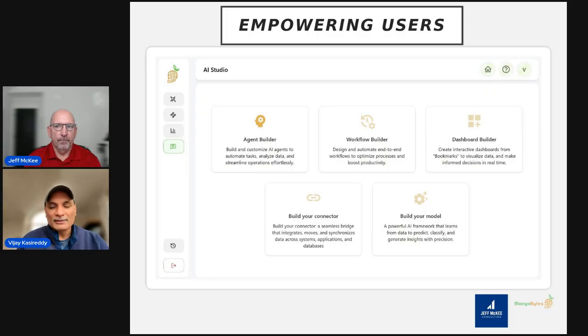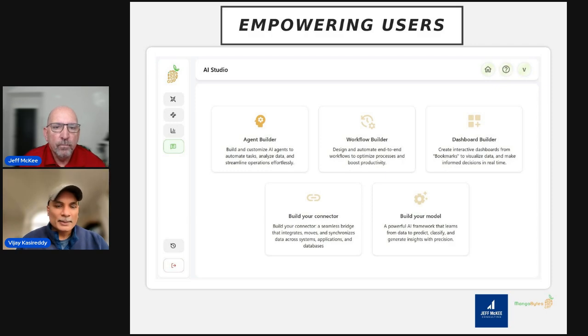There are lots of bells and whistles in here to introduce more controls, things like notifications at different stages, to make it work for you. Then we have the dashboard builder. The idea behind this is, how do you create charts and plots on the fly simply by asking questions, and then bookmarking them, sharing them with your colleagues, and collaborating with them? This is an important part which is traditionally missing in dashboards. So this becomes such an important enabler.